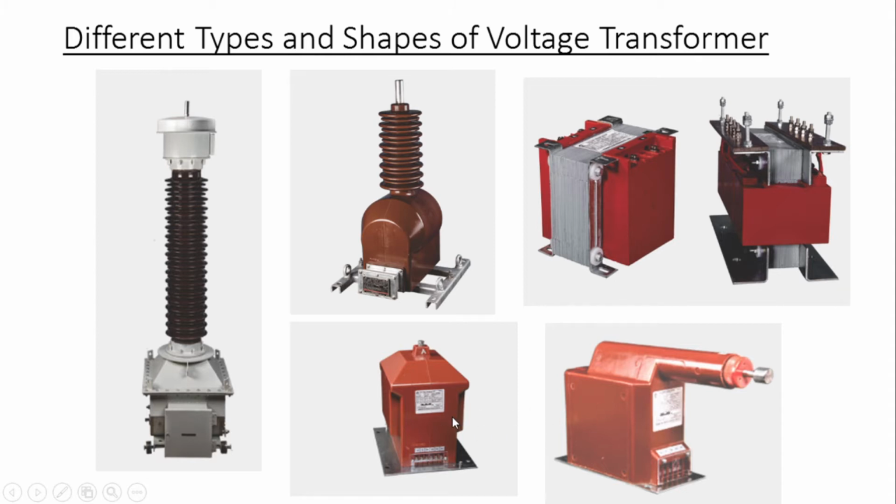These two VTs are resin cast and for indoor application only, that is, used in covered panels. These types of VTs have one of the primary terminals on the top side and another terminal close to the secondary terminal on the lower side. The next type of VT is used in low system voltage. According to construction, it is similar to a control transformer. It can be single phase and three phase.